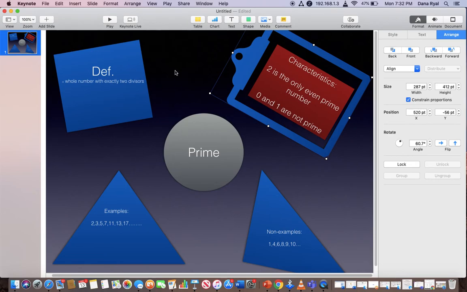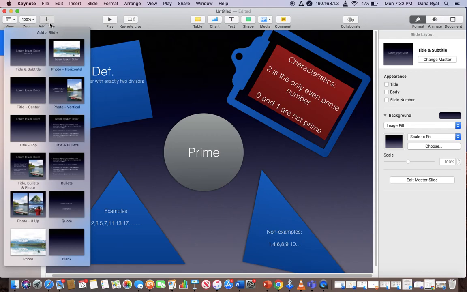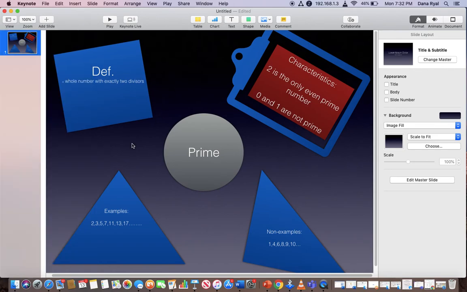And say, okay, we're done with prime. Say you want to go with a different one. You want to start another Frayer model. You can come up here to the add slide. Click that plus sign right there, and then you have all of these to choose from. But just remember, with a Frayer model, you want to start off with a blank slate like what I did, mainly because when you